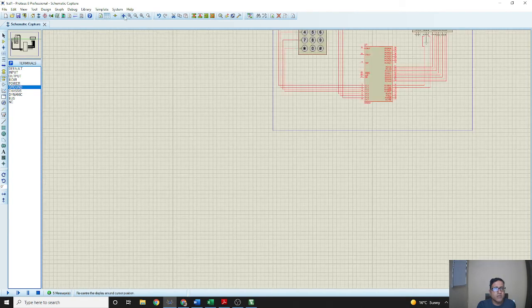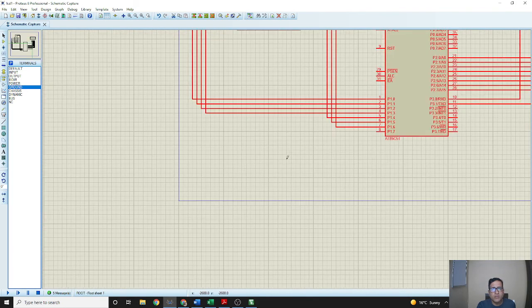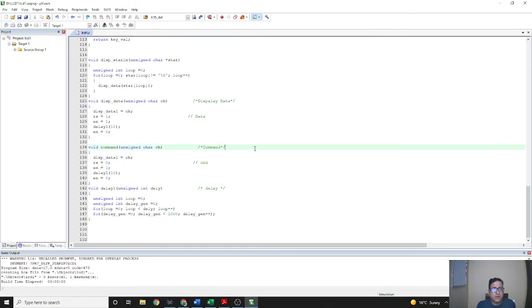Firstly we will set it and see why it is doing this. So now we will zoom it and run it. Now we will press 8, 5. I think some loop has occurred here. So we will check what the problem is.